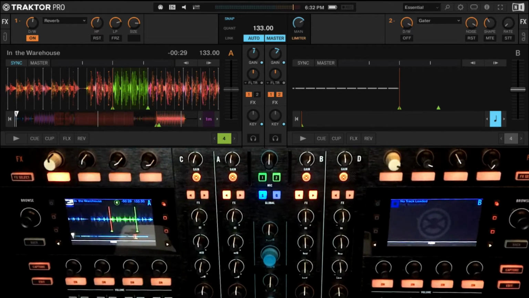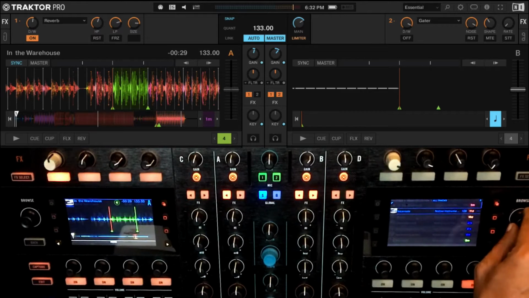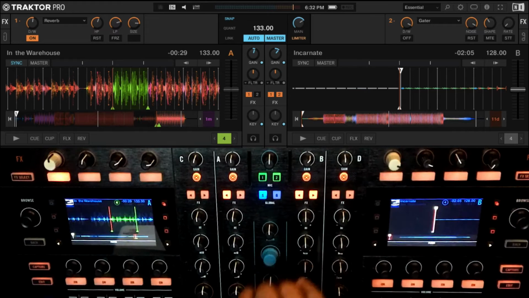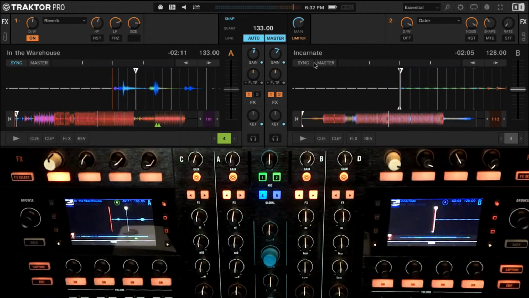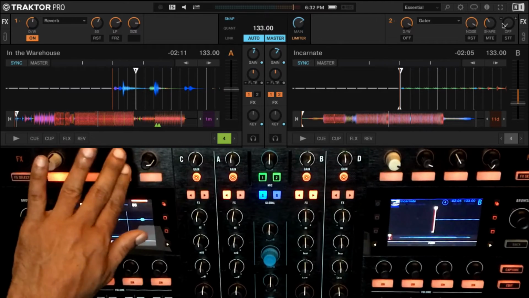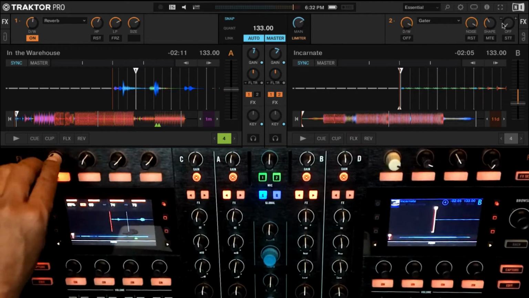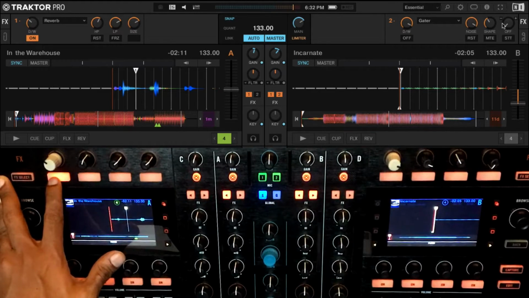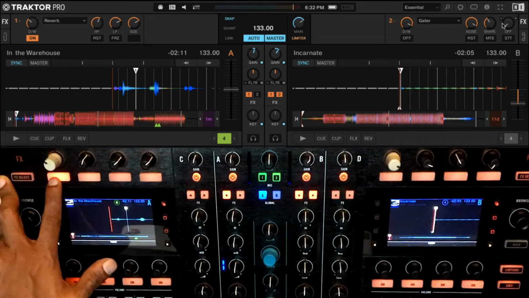Okay, so what we'll do now is let me pick another track, probably to load on the other deck. Okay, and maybe we can do a little mix between the two tracks, and I can show you how we can really use reverb and delay both as mixing tools. So I'm going to make sure I have my sync on both the decks. So what I want to do is set up my reverb in a certain way to a certain parameter. And I just want to use this on-off button to trigger the reverb. Okay, so it'll just give me a little fill like this.